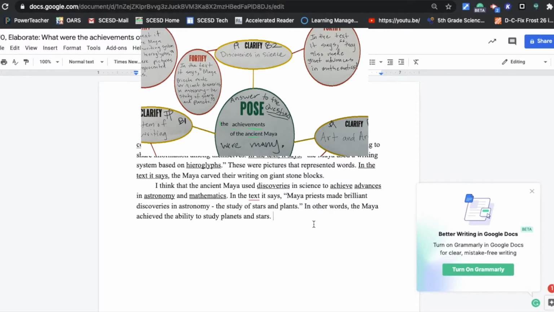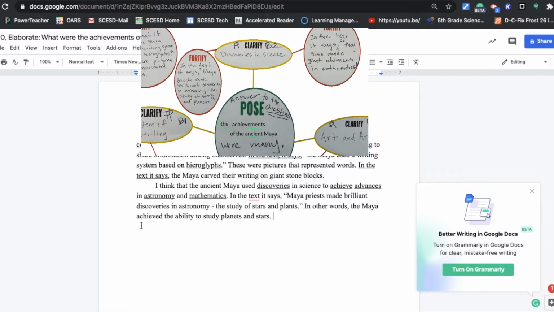That's a big achievement, to be able to reach out and look out of the earth and make predictions on stars, on planets, know that they exist. That's a big thing. There were no telescopes then. There weren't these huge advances in technology like there are today. So this was a big achievement to be able to study something that was not in our world, but outside of our world. And we've included everything now,